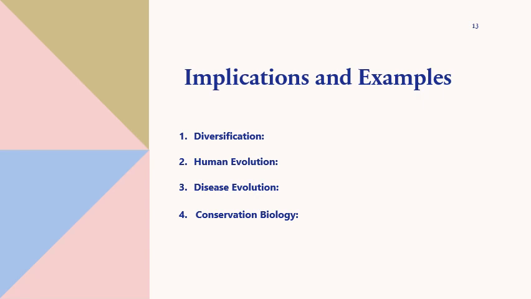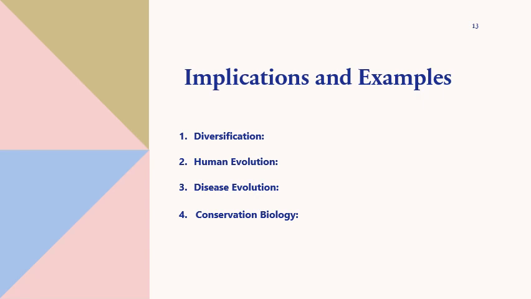The human genome exhibits variation in evolutionary rates. Some genes have undergone rapid evolution, contributing to the uniquely human traits that we have, while others are highly conserved due to their critical functions. Next, we have disease evolution. The rapid evolution of pathogens such as viruses and bacteria can lead to the emergence of new diseases and challenges